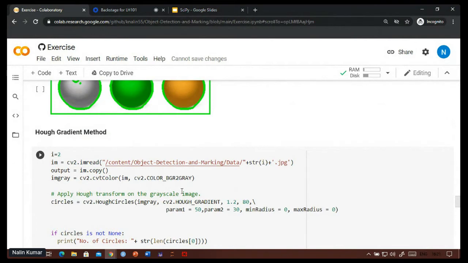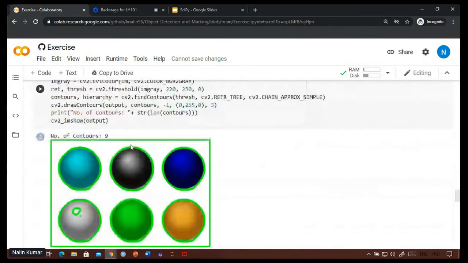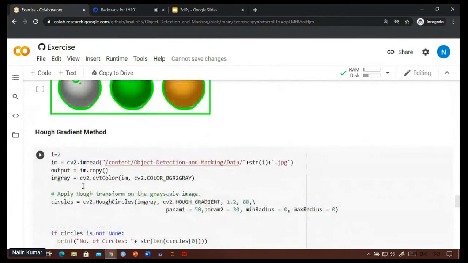In this method, you essentially get circles. In the previous one, there wasn't supposed to be any circle per se. Like this one is just a dot, and the biggest one is a rectangle. But in the Hough gradient method, you essentially get the circles.